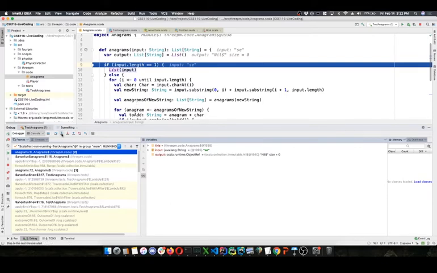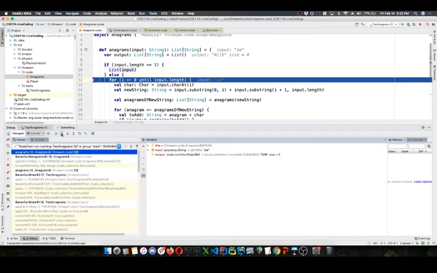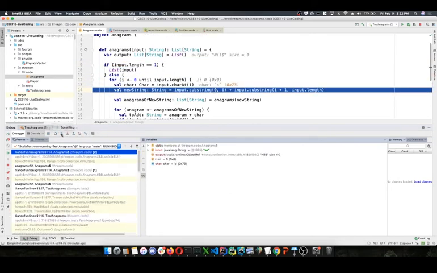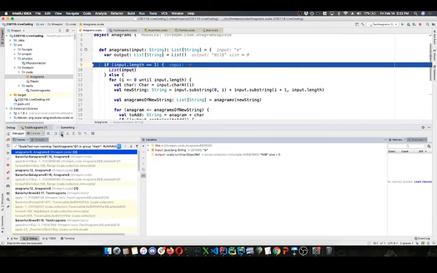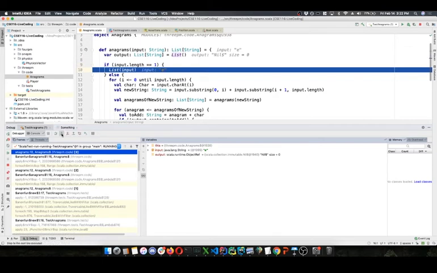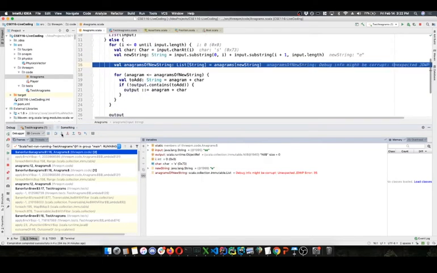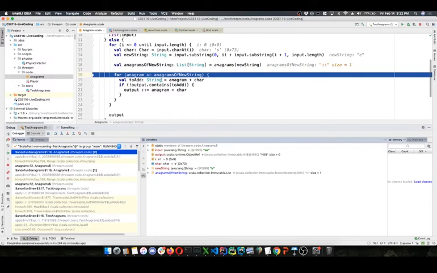We're checking our conditional. It's false because our input is SE. We're going to remove the S. We're left with E. Have our recursive call. It's just E. We're going to return the list with just E. And now we get to the part after our recursive call for the first time.